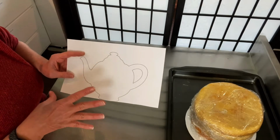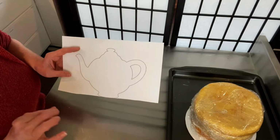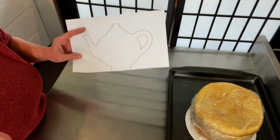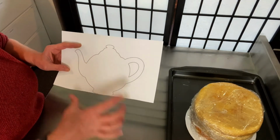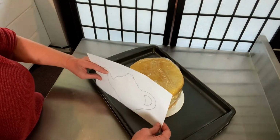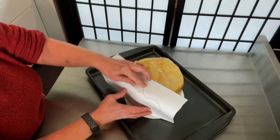What you want to do, you want to save the template in a Word document. The reason why you want to save it in Word is because you can adjust the size of it. Save it in Word, and then when you go into Word, you can adjust it to the size you're looking for. So according to a typical 4-inch cake, we're right about on the money here